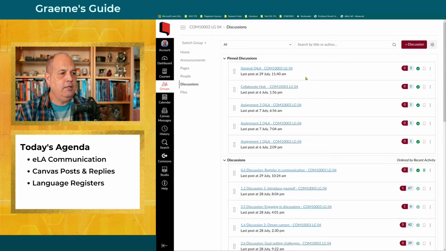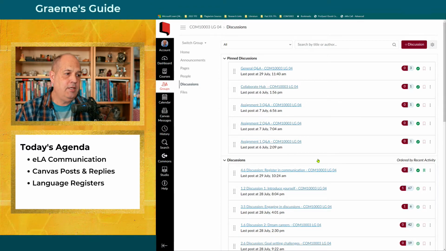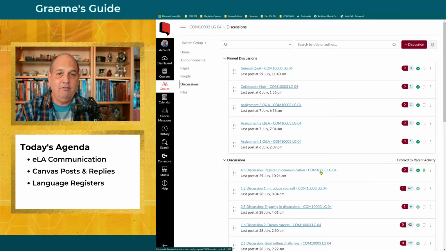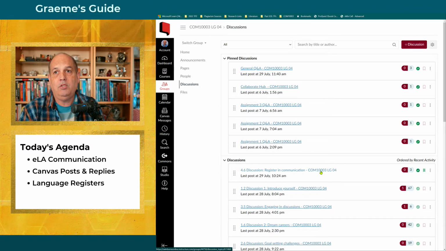And then if you're asking about a specific assignment, well, then you could ask it within the discussion forum for that assignment. If you're asking questions about a weekly activity, for example, the week 3 activity, you would go into the week 3 discussion, or if it's the week 4 activity, the week 4 discussion. And when you ask questions in the discussion boards, I'm going to see those first thing in the morning, almost.